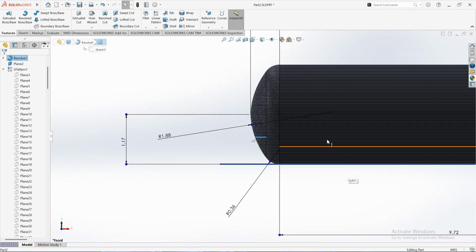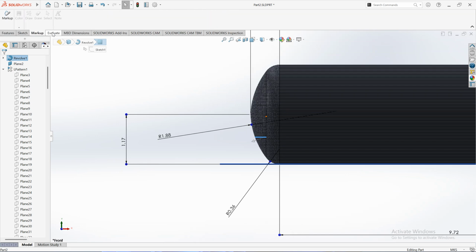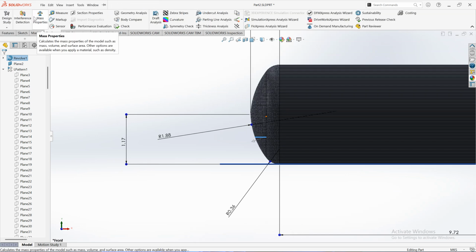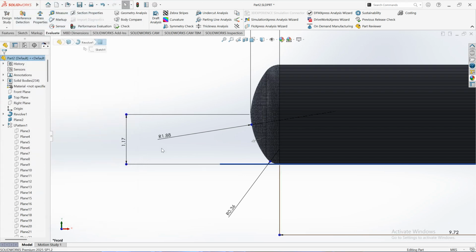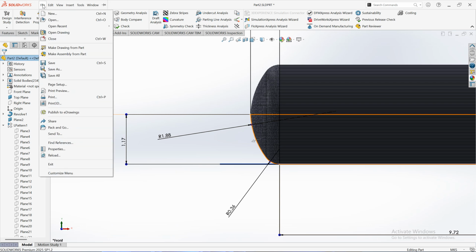Okay, so now what you can do is you can again come to evaluate. Let me turn this off. You can come back to evaluate and click on mass properties, and you'll get the volume of the full tank. Okay, but let's do one more thing. Let's increase the resolution of this to 4. What I want to do is go to files, maybe. I think that's where I can